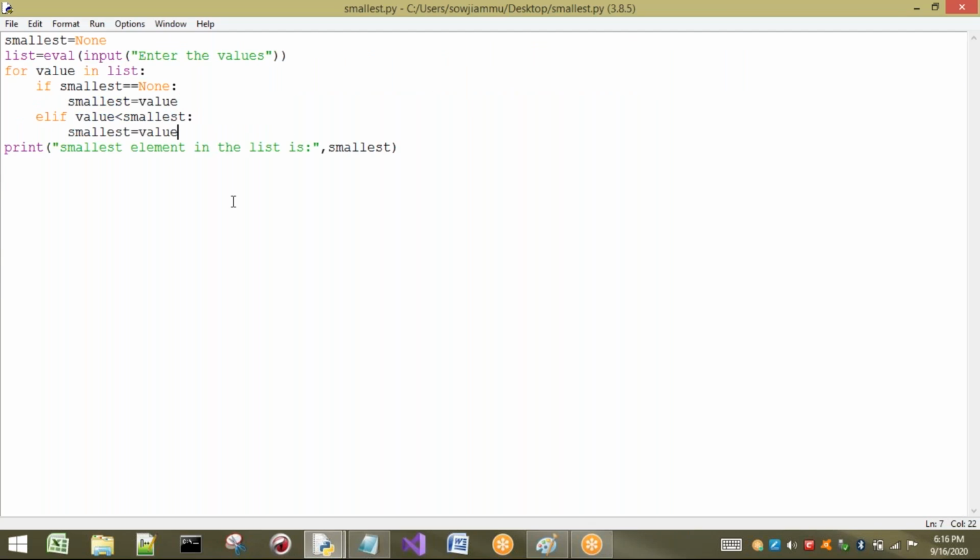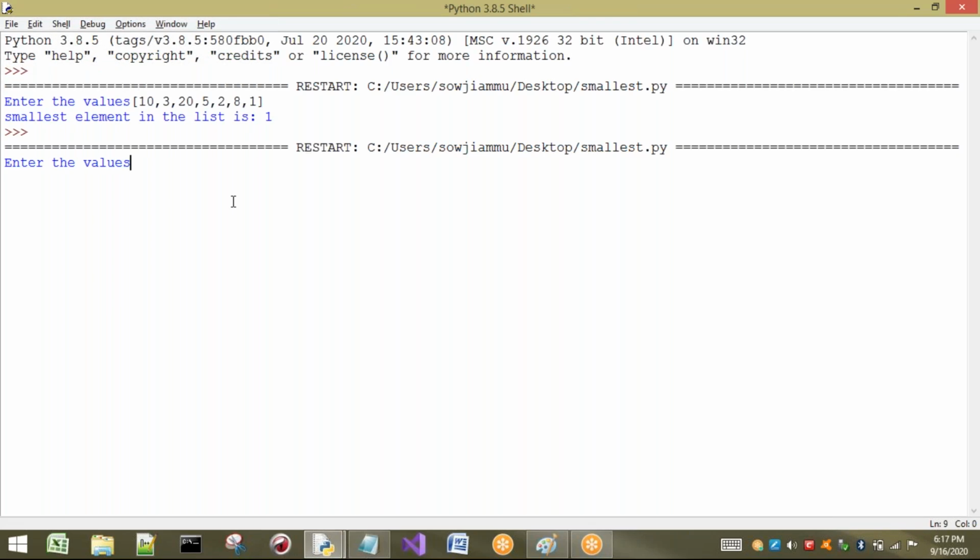So one more example, one more time I will take the values. For example, I will take 10, 20, 30, 5. Next one is 25. Next one is 4. Next one is 3, for example. Okay. For example, here I will take 4 and here I will take 1. So what is the element that has to be printed? It has to print 1 only. So see what happened? Again, value 1 is printed.